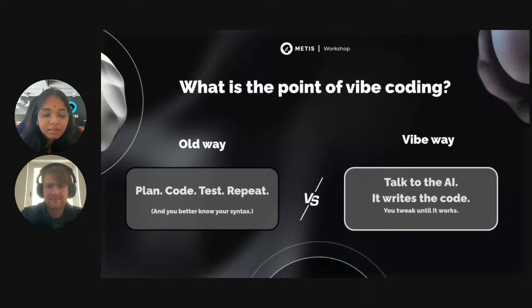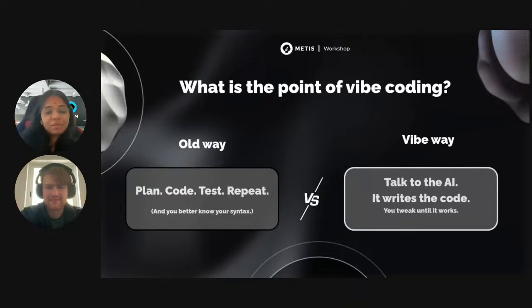And in this traditional way, it's better that we know the syntax really well. We have to know the language in depth, the syntax as well as the logical things that happen in the particular language, right?